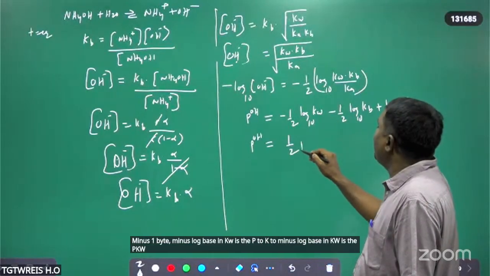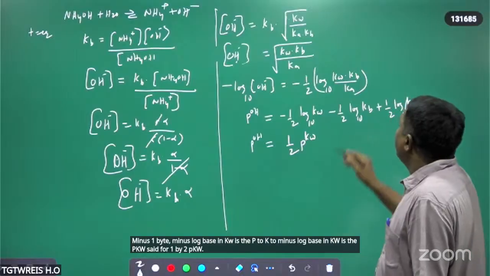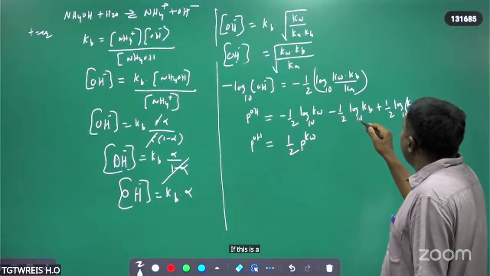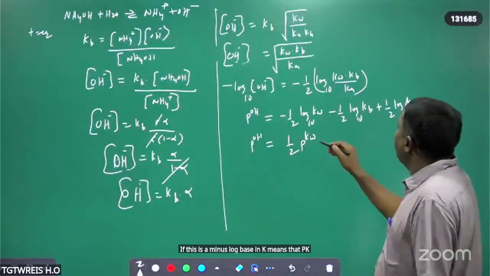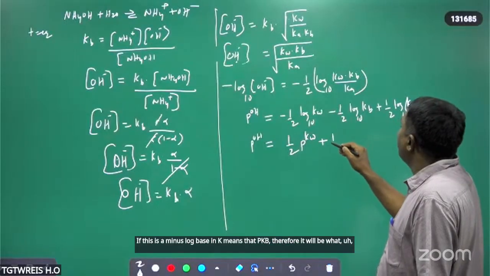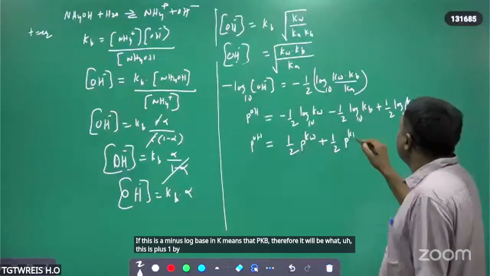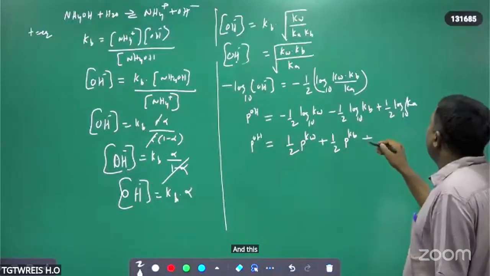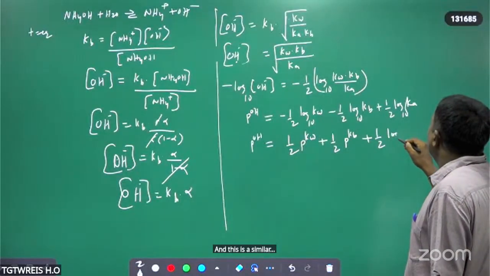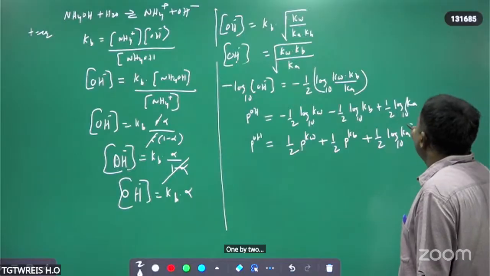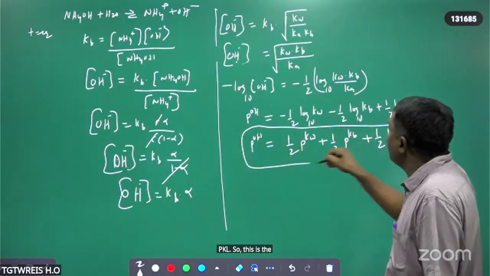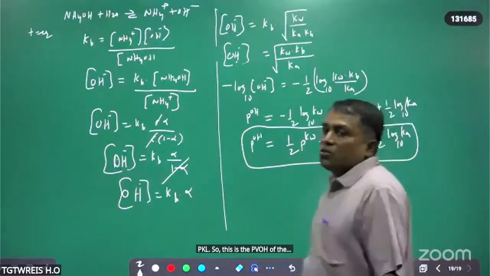Therefore 1 by 2 pKw. Next this is minus log base 10 Kb is the pKb. Therefore it will be what? This is plus 1 by 2 pKb. And this is similarly 1 by 2 pKa. So this is the pOH of the solution of